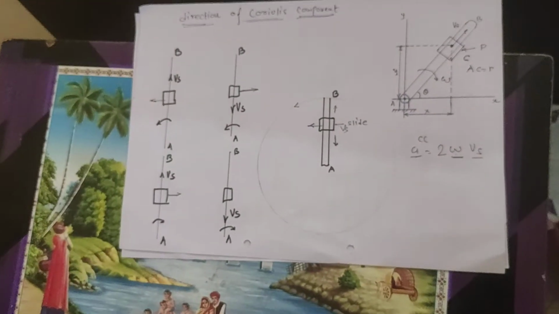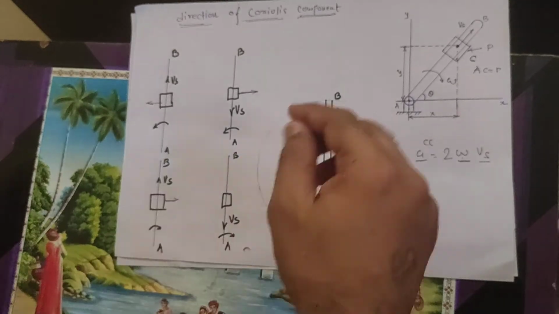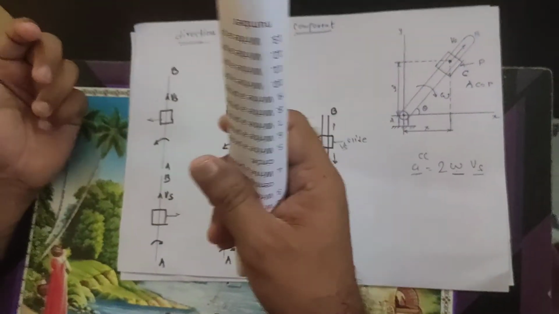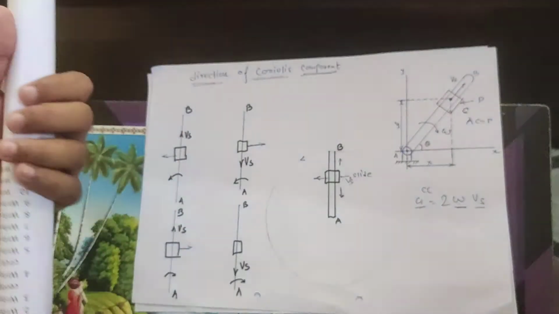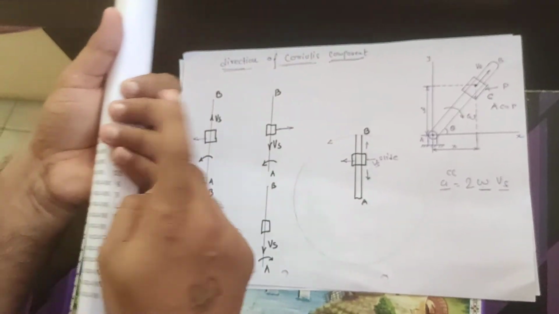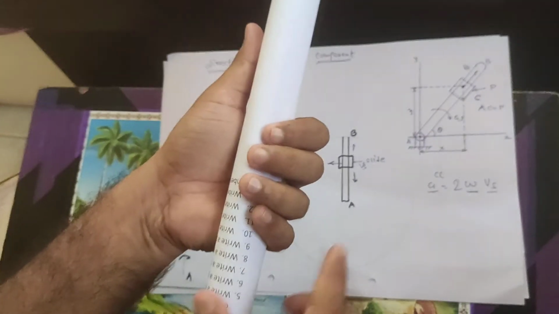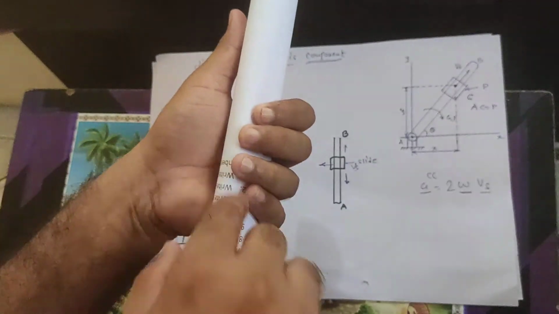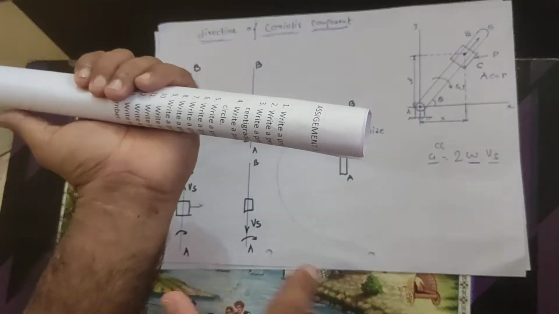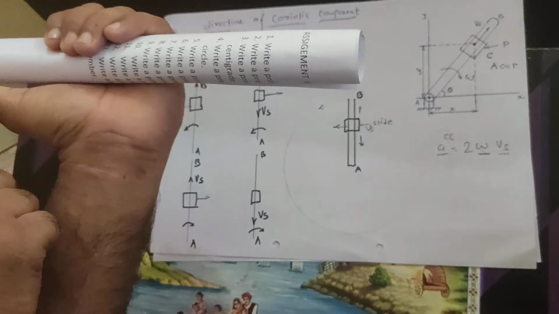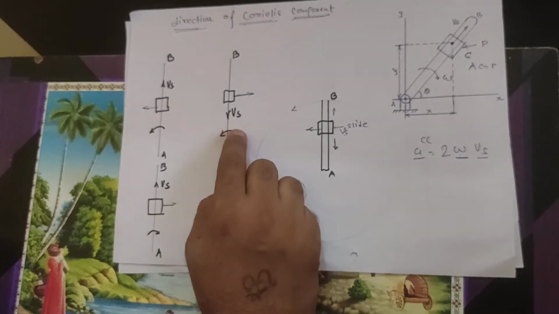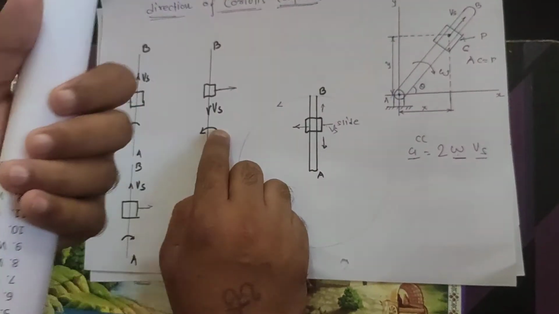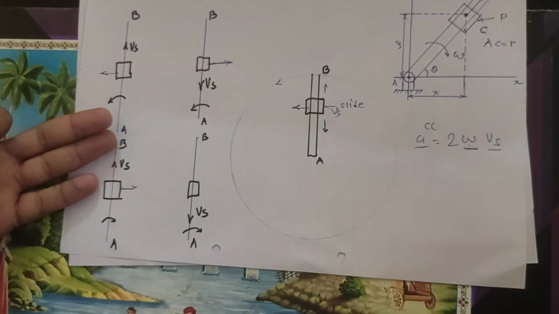Once again, I have to place this cylinder, this is our link, in my left thumb for the simple understanding. Which direction does it move? It moves in the anti-clockwise direction, so the link may move this way. This indicates the direction of the slider. So here we have to write down the direction of the slider. For everyone, we have to consider the link in a hand, and it may move according to this. Clear? So these are the 4 points.